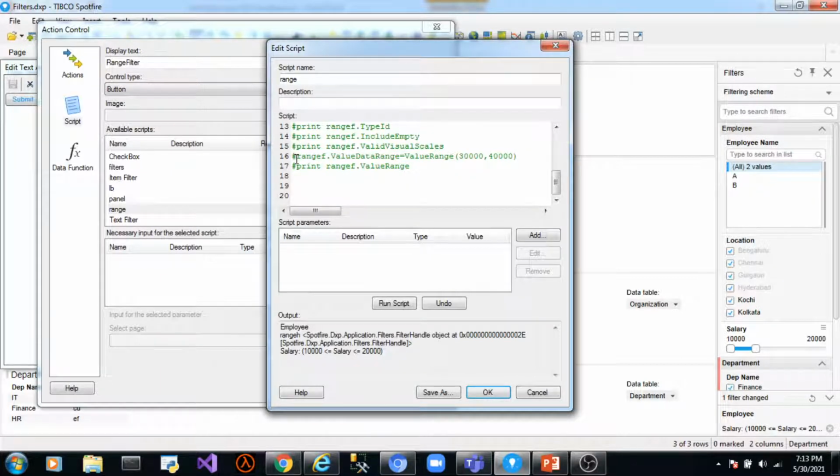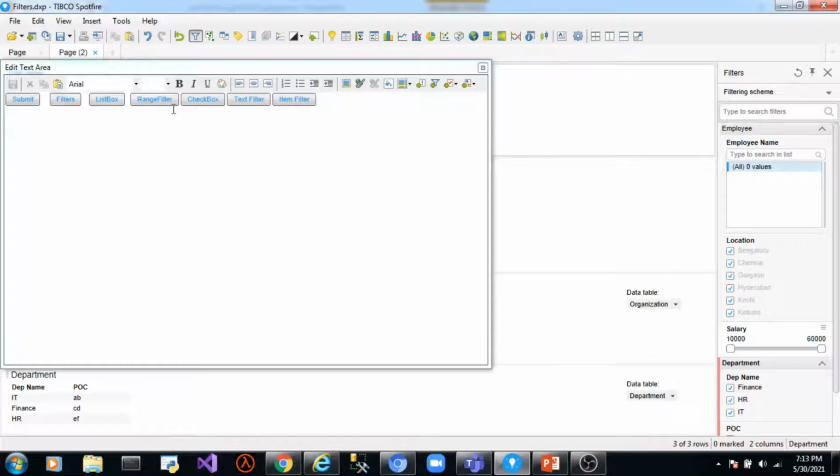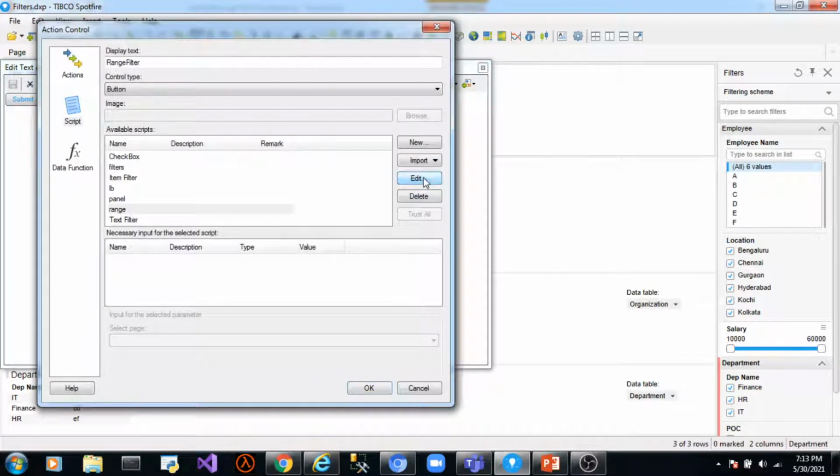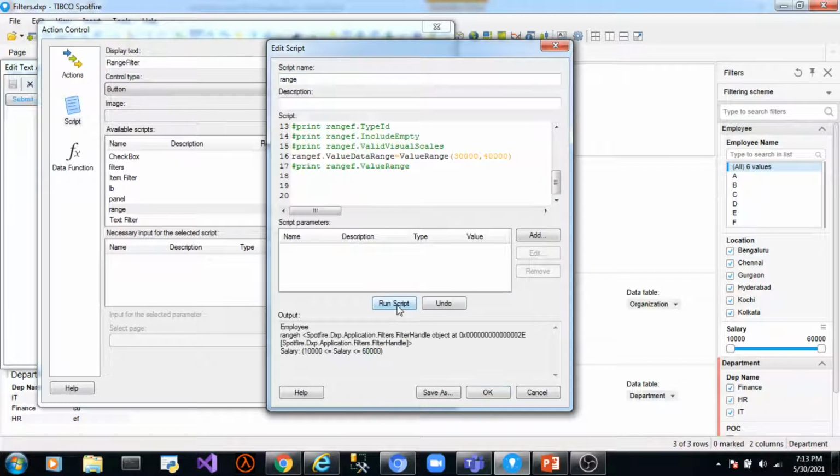Let's try to do this. Range filter, range f dot value data range. We are setting this filter to 30,000 and 40,000. What happened? Okay. I think it ran in conjunction with some other commands. Let's comment this out. Okay, so now our filter is set to 30,000 and 40,000.